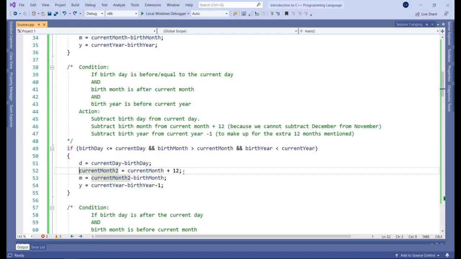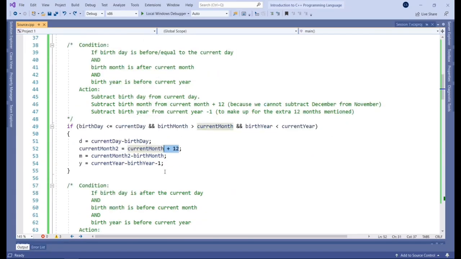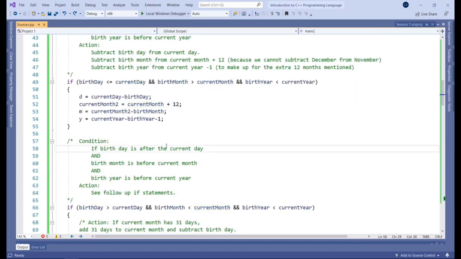That's not something we can do, right? So to get around that, this is what we do. And then for the year, we have to adjust it because we've added 12 months to get the difference in months, right? For the year, we need to subtract an extra year. So we subtract the birth year from the current year, and then additionally another year to make up for these 12 months. That's what's happening with this condition.